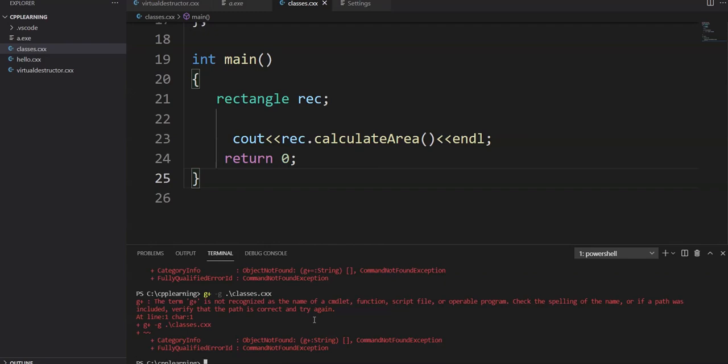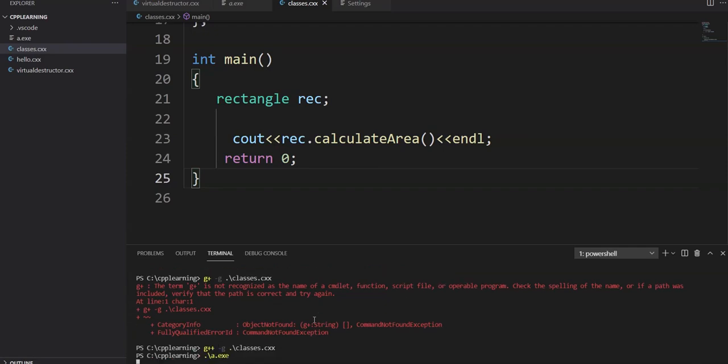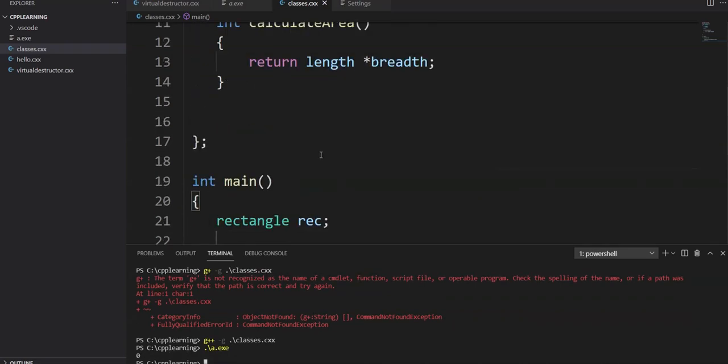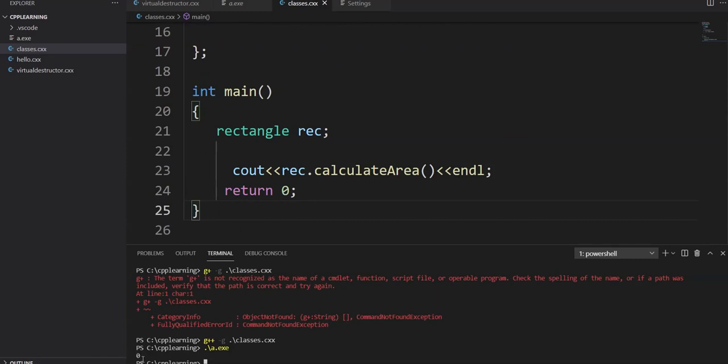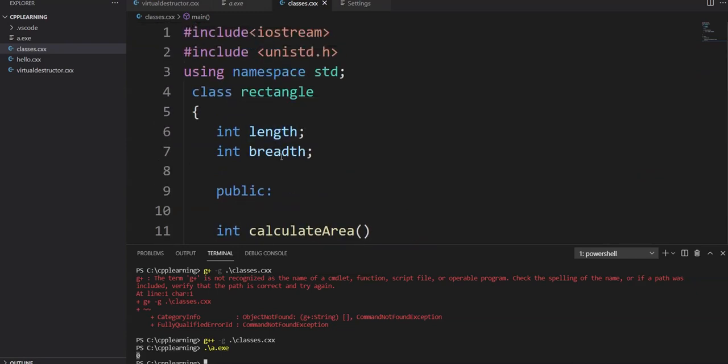See, we got 0 because we haven't initialized our length and breadth.